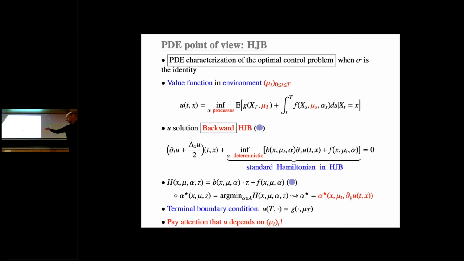So you have to say that once you have chosen this optimizer, once you have chosen this feedback function, and you implement some dynamics driven by this feedback function, the law of it is exactly mu t itself. So keep in mind, here we have a Hamilton-Jacobi equation that is backward. This is part of the feature of the model because the terminal cost here prescribes the boundary condition at the end of time for my equation.